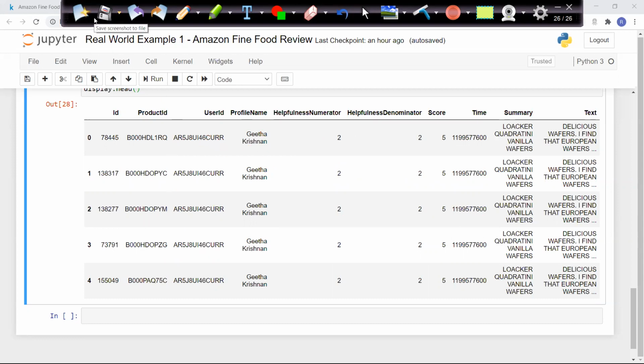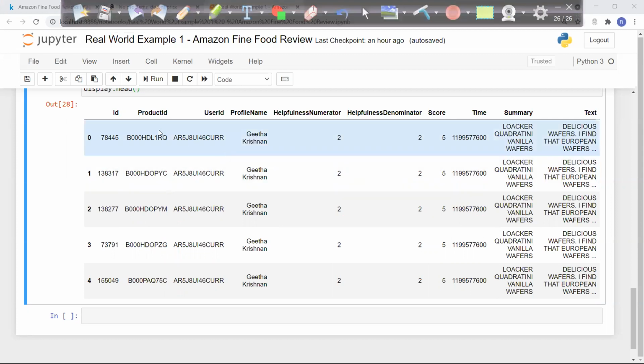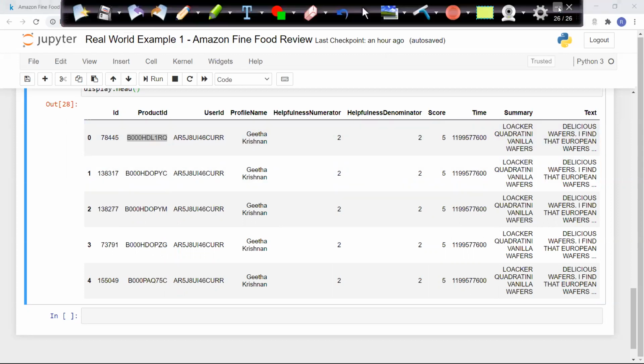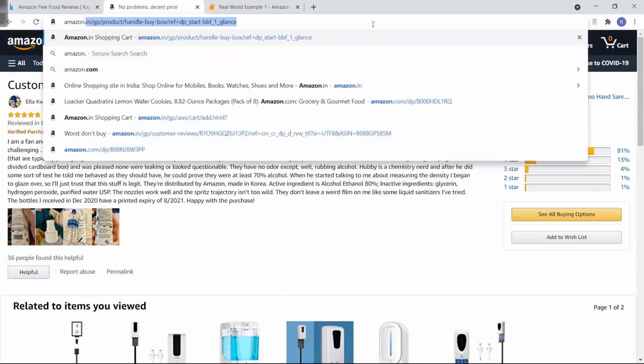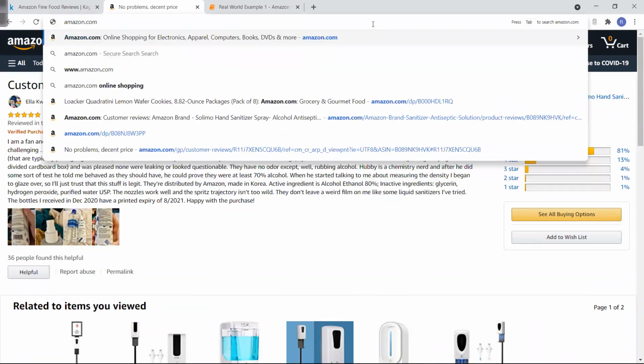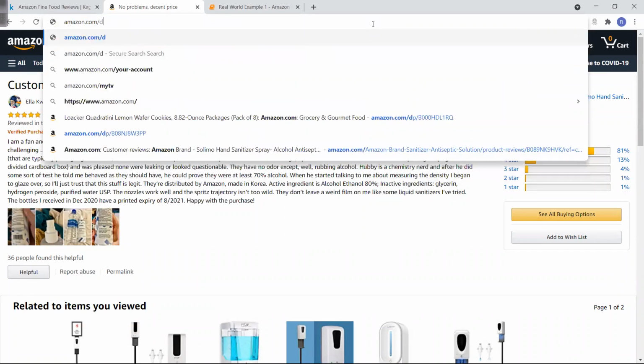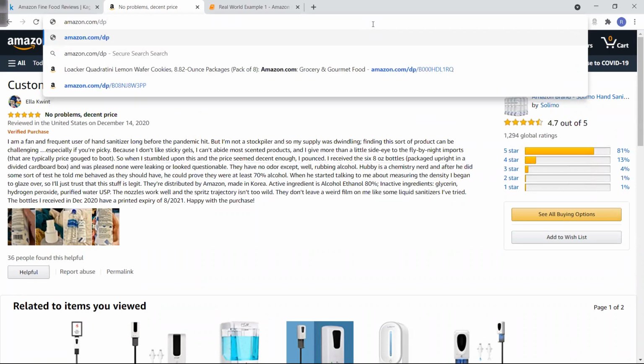So what I will do is look at these products, basically what these products are. I'll copy this product ID and go to amazon.com/dp. DP means display product.